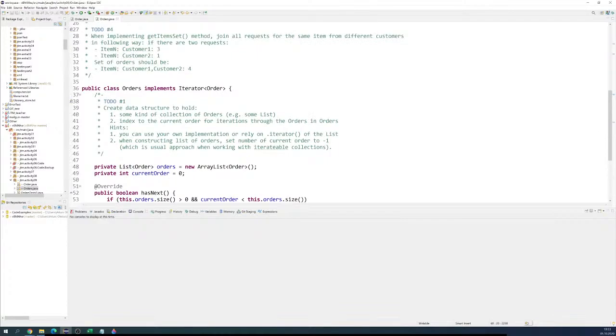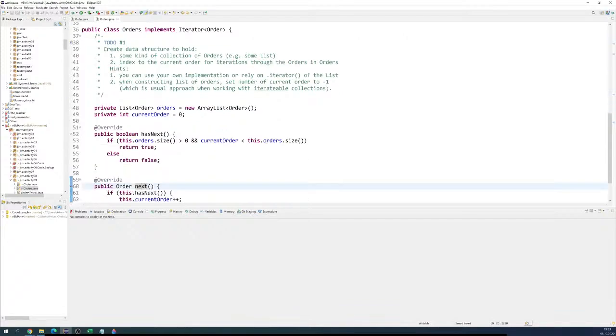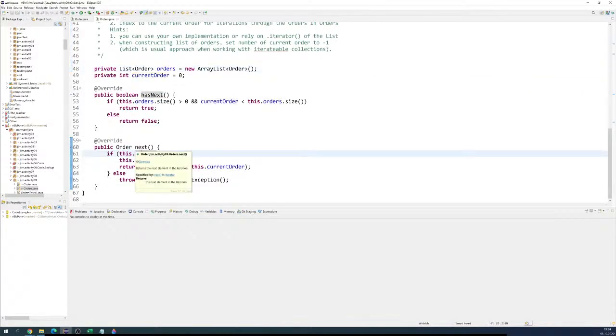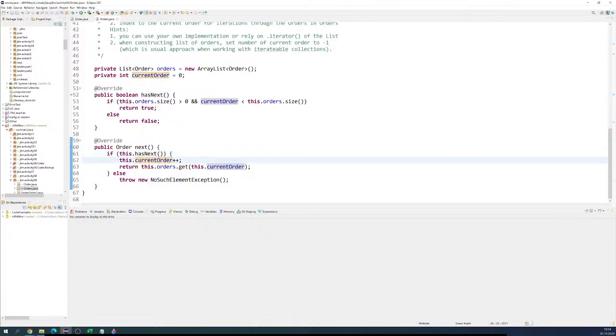We have the iterator of the orders, the collection with which we are working, and the items are stored here. At the moment we are on the current position and we want to get the next one. First of all we check if there is a next one, then we increment the current position, so we go to the next one, and from here we